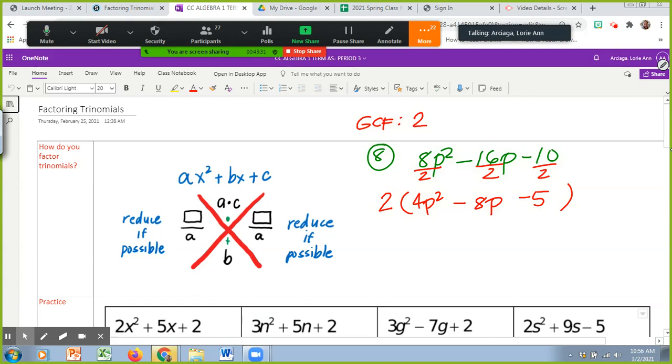Okay, so now once you have factored out the GCF, you're now ready to do the X method, but not for the green one. You will do the X method for the new one. So 4 times negative 5, that will go up here to be negative 20, right? And then negative 8 goes to the bottom. And they must add up to that. They must add to negative 8. So can you find two factors of negative 20 that add to negative 8? What are the factors of negative 20? That was fast. All right. So negative 10